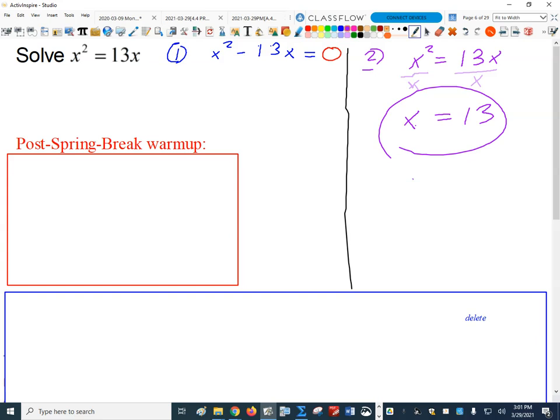How do I always check to see if I got the right answer? I mean, I could undo it, right? How could I go back to my original equation and just see if it worked? Yeah, I could plug 13 into my original equation and see if it makes the equation true, couldn't I? So I go up to my original equation and I plug in 13 for x. That's going to give me 13 squared